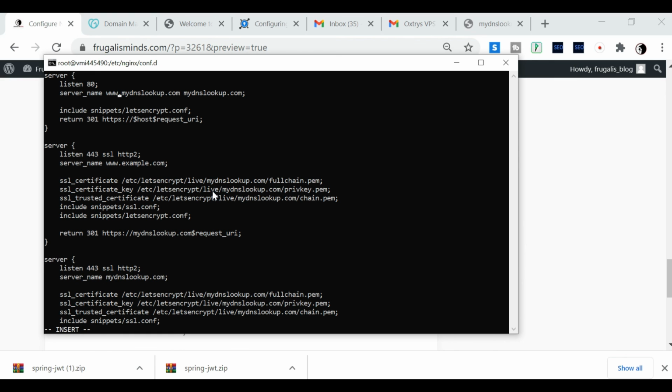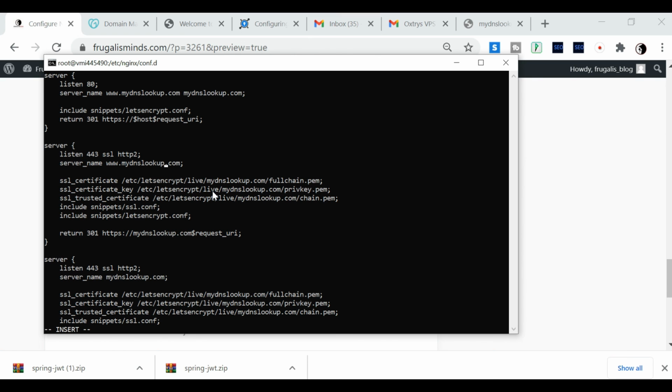So we are creating three server blocks. One is for the default port 80. This is going to redirect me to my host, which would be mydnslookup.com, with a 301 redirect to HTTPS, right? Now this is the configuration for HTTPS. Okay, so this is wrong, we have to give it mydnslookup.com.